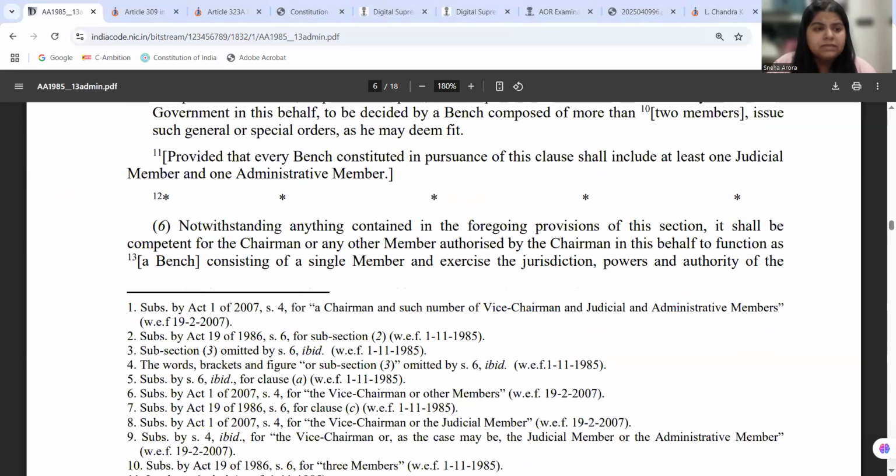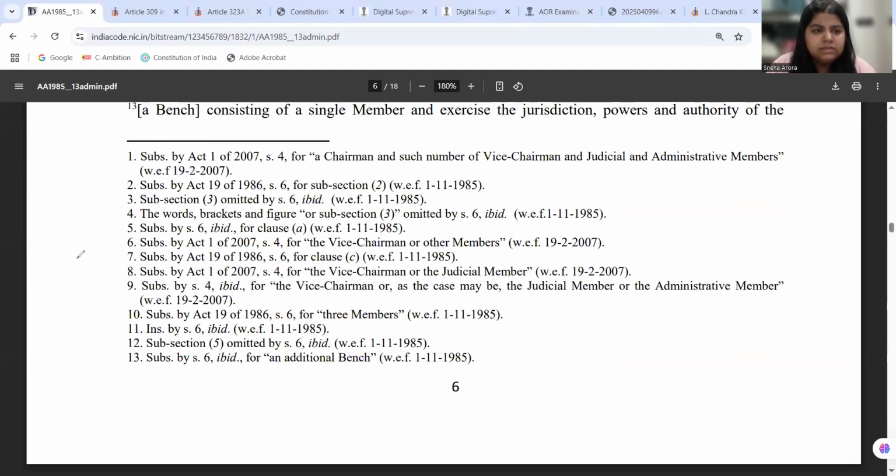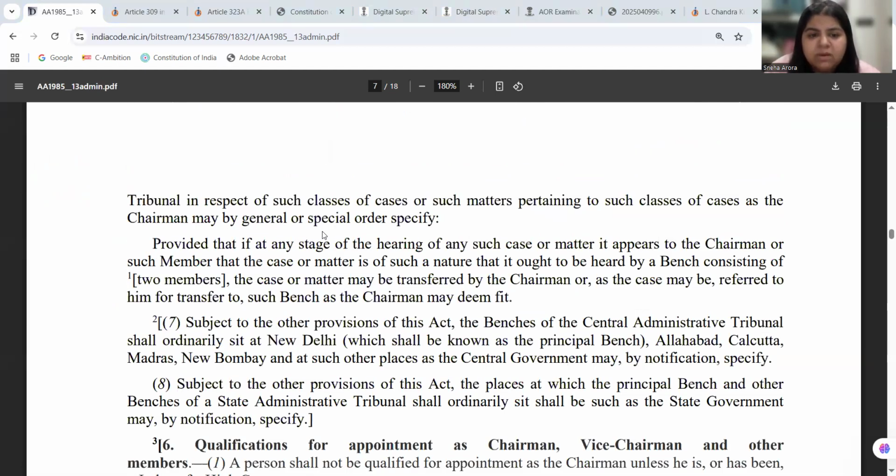So here is the proviso in Section 5 subclause 6, which is saying, provided that if at any stage of hearing it appears to the chairman or such member that the case or matter is of such a nature that it ought to be heard by a bench consisting of two members, the case or matter may be transferred by the chairman, or as the case may be referred to him for transfer, to such bench as the chairman may deem fit. So the court here is saying that Section 5 clause 2, which is saying that each matter shall be put before